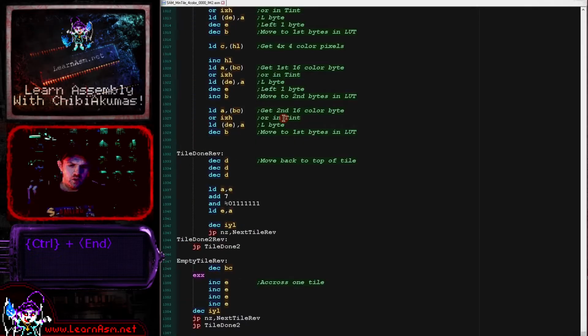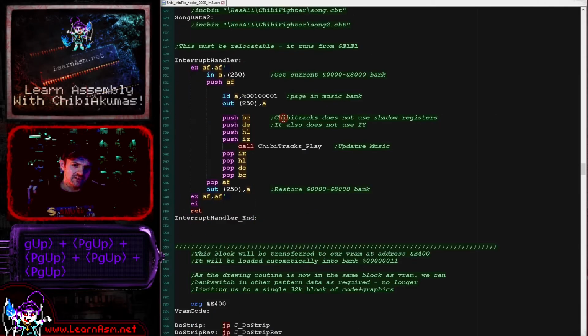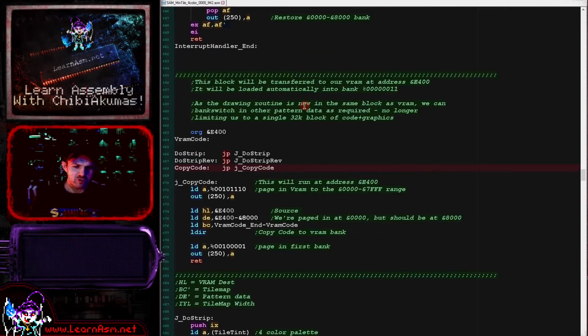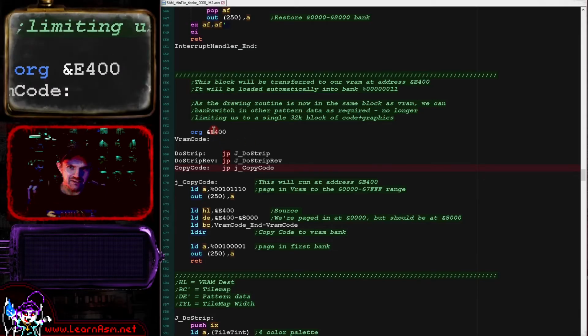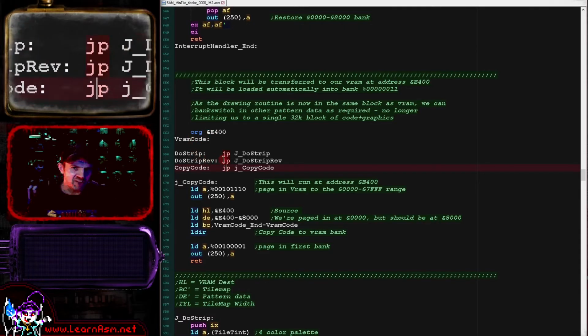part to this, which is, as I say, really the reason we would want to use interrupt mode 2 in this case, because we might want our graphics drawing routines to be in the same bank as the VRAM destination, so that we can page in other bitmap graphics or other source bitmaps into the 0 to 7FFF range. So what we're going to do here is transfer the source drawing routines into that memory address of the VRAM bank. So what we've got here at E400 is actually some code, and I've created a jump